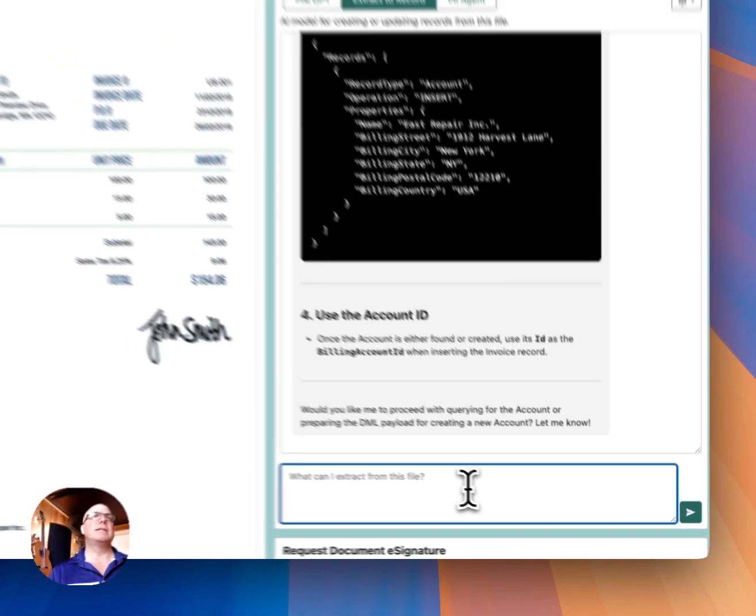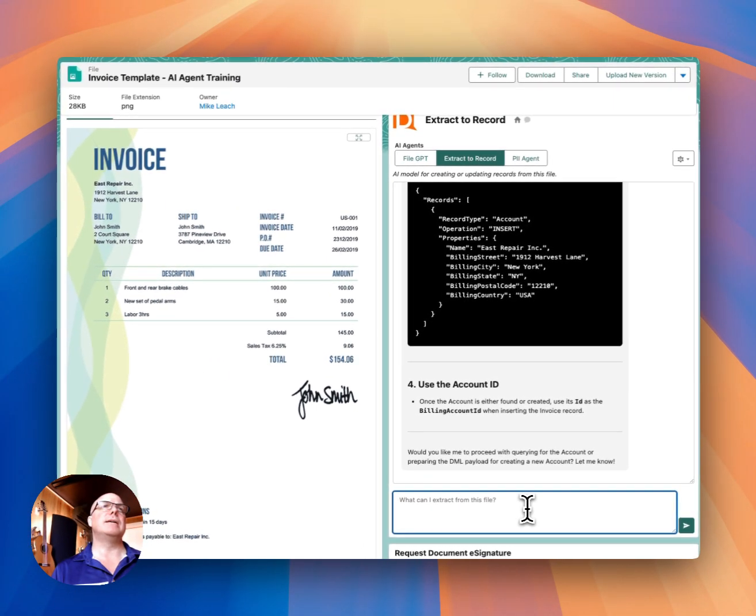So something else I noticed is it gave us 3 line items, which technically is correct. I can see the 3 line items, but there's a sales tax, and so therefore, had I imported 3 line items, we would have had a discrepancy of $9.06 because it didn't itemize the sales tax. So I'm going to tell it,